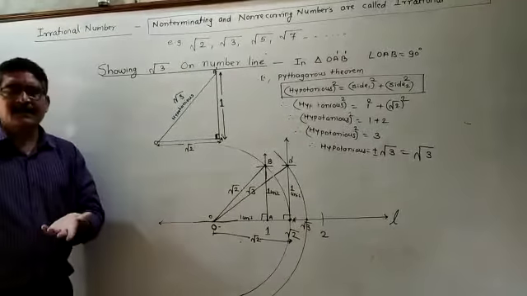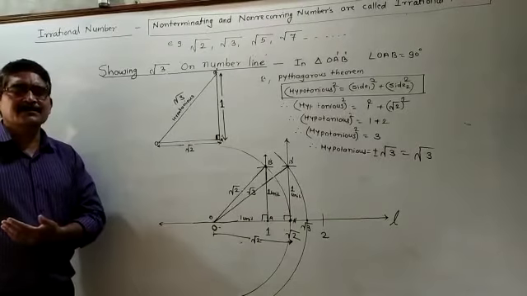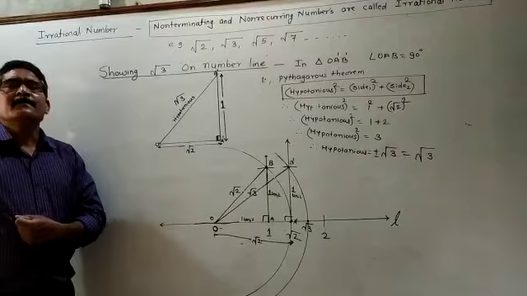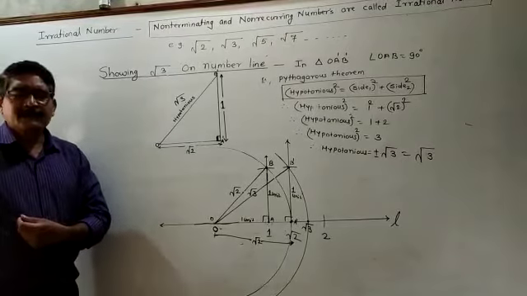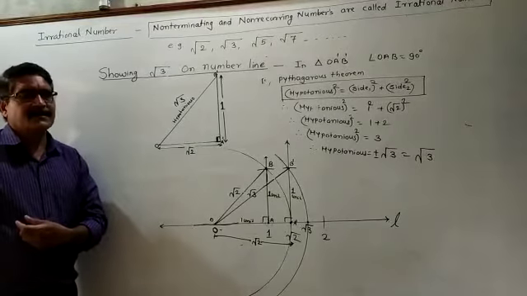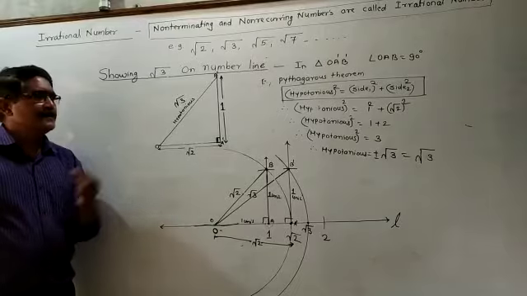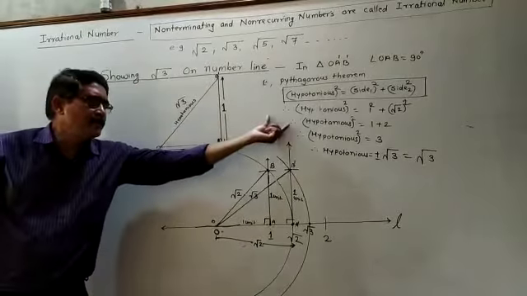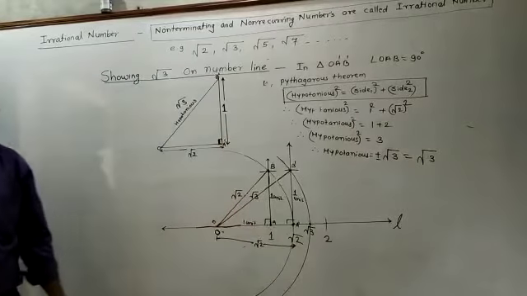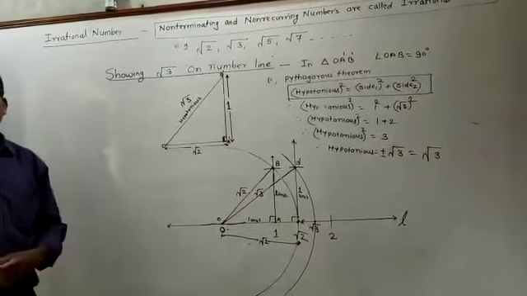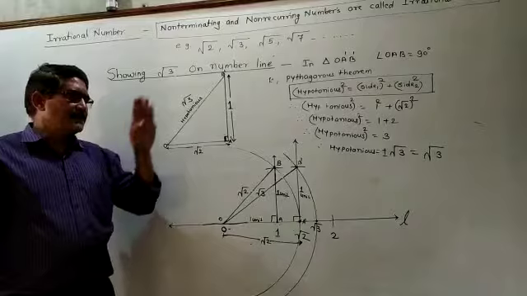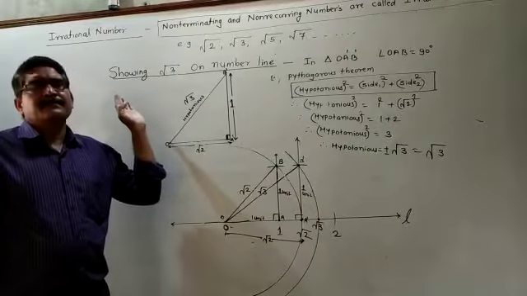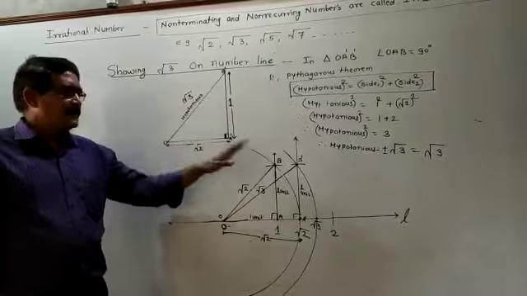In next lecture I will say how you have to draw the square root of 5, square root of 7, square root of 11 on the number line. I think you understand these things. You have to draw these things. You have to write this, draw this figure, do this calculation, and draw the square root of 3 separately on the number line. Previous diagram is the square root of 2. You have to draw that previous one on a separate page and this one on a separate page.